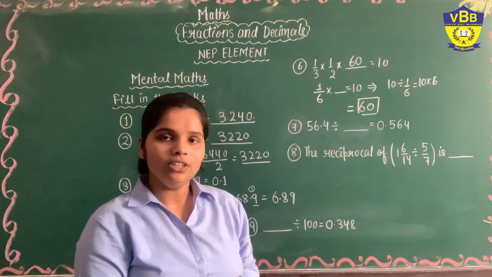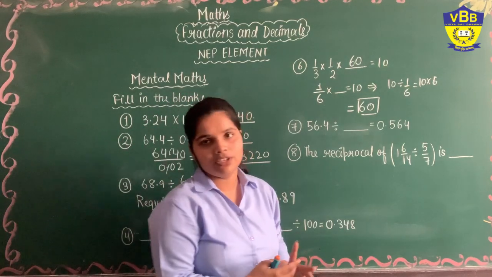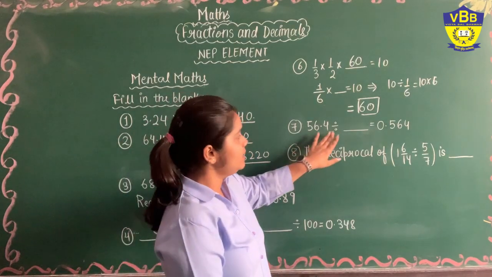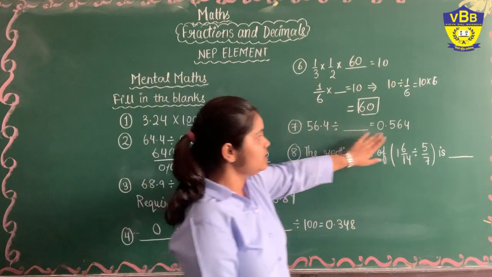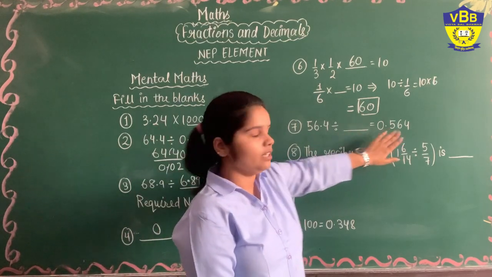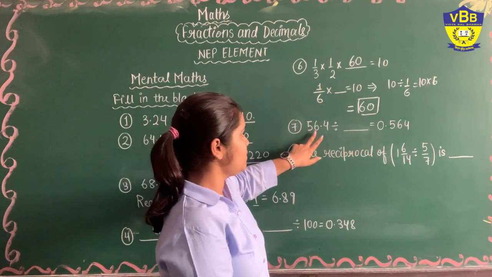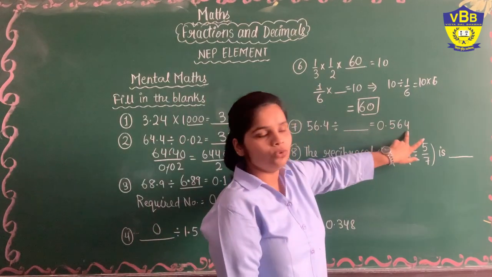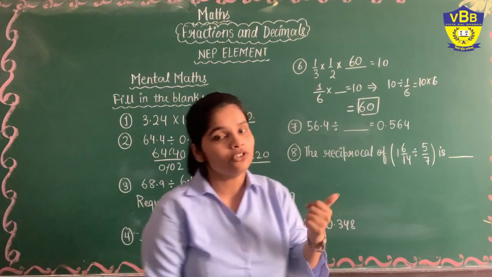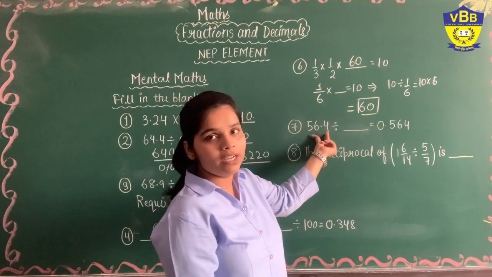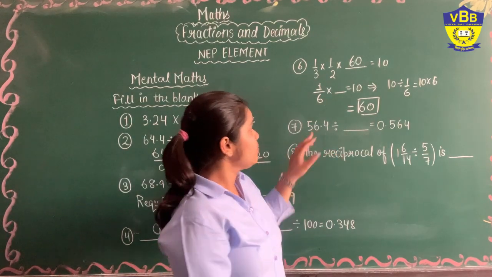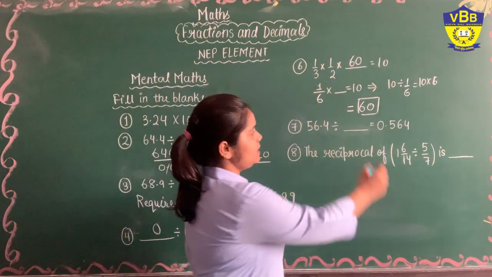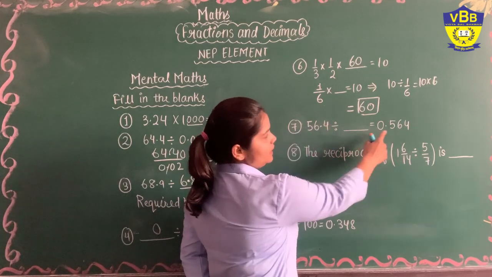So as we have learnt in the previous video and previous concept, when we divide a number by 10, 100 or 1000, we get the same digits as in the question. You can see the digits are the same, 564, 564. If the digits are the same, that means the given number is being divided by either 10, 100 or 1000. So here you can see the decimal is shifting to the left side.